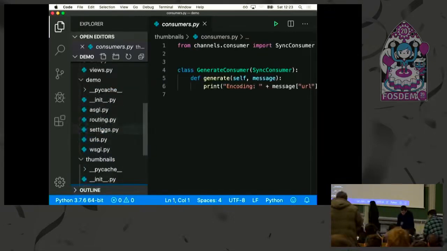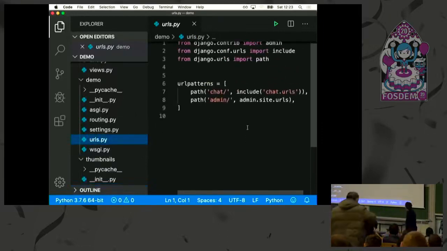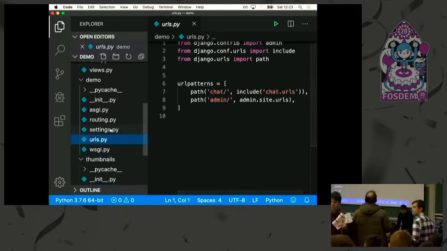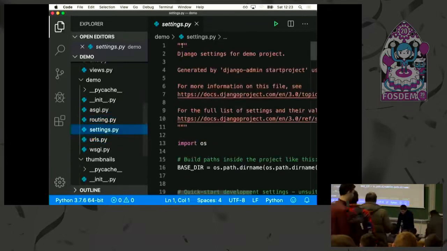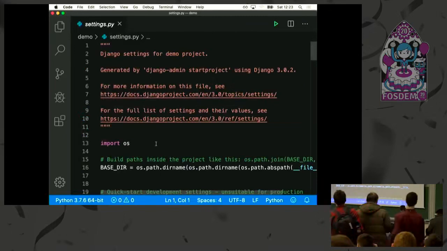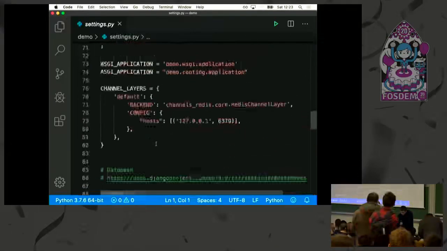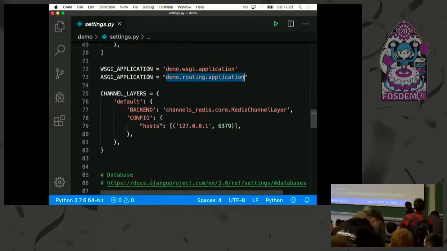The URL here is just the normal chat HTML URLs. And that's it. In my settings, I just said that I want to use a channel application rather than the default Django one.